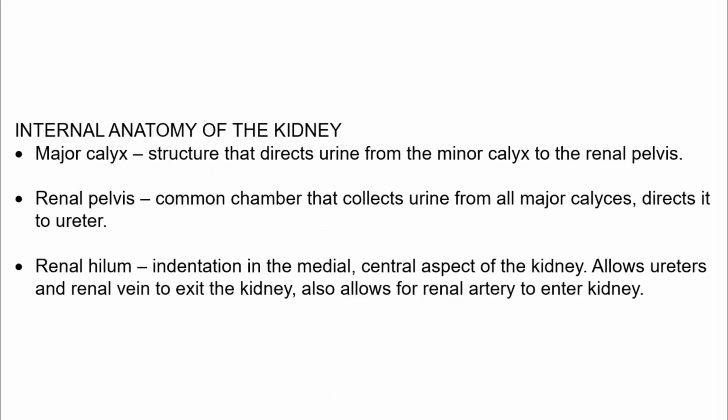The major calyx is a structure that receives urine from several nearby minor calyces and directs that urine to a chamber called the renal pelvis. The renal pelvis is a common chamber that receives urine from all of the major calyces and directs it to the ureter. The renal hilum is an indentation in the medial side of the kidney that allows the ureter and the renal vein to exit the kidney, and it also functions as the site for the renal artery to enter